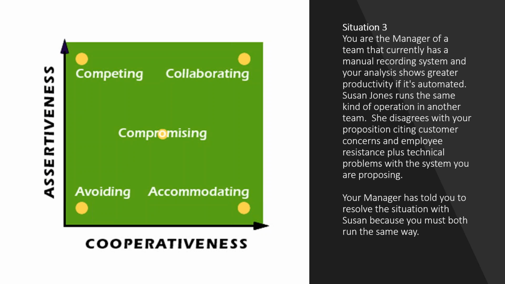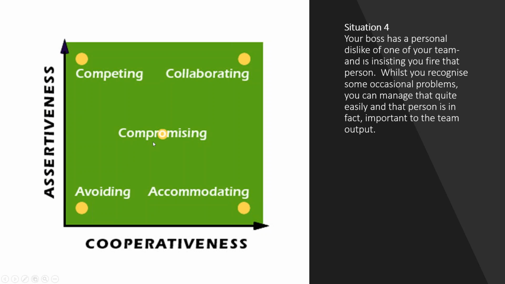Well, you can't really compromise because, frankly, you've both got to use the same system, either your system or Susan's system. So I might suggest to Susan, let's try it your way for a week. And once we've trialed it for a week, how about we try it my way for the following week? And let's get our teams together and compare notes and see which system actually works best. Now, Susan's motivated to resolve it because your manager's her manager, and it may work that way, assuming you've got the opportunity to do that.